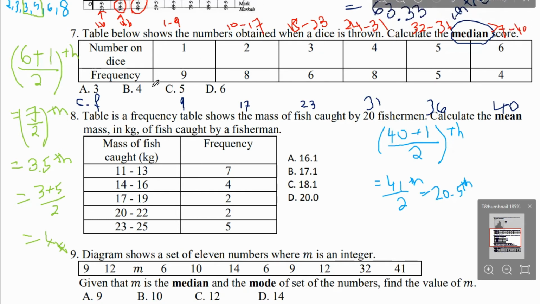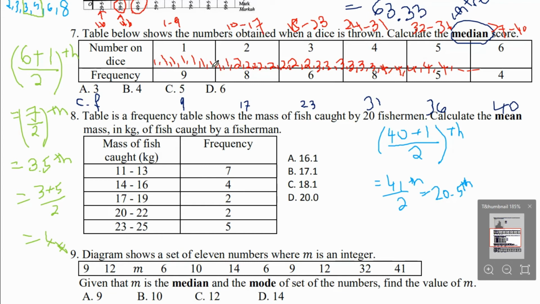Do you know what's the meaning of this? Okay, first my number is 1. So 1, 1, 1. And then followed by 2. 2 I have 8. 3 I have 6. 4 I have 8. And so on. Okay, so 1 here, this is from number 1 to 1, 2, 3, 4, 5, 6, 7,